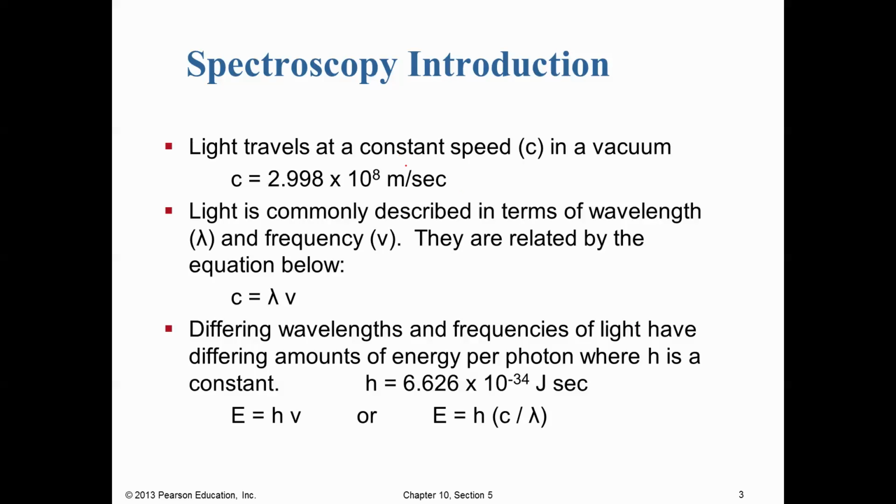So let's give some quick background about light. So light travels at constant speed. People use the letter c to represent this speed. It's right around 3 times 10 to the 8th meters per second, but there we have it listed to 4 sig figs. Pretty fast. Alright, and so light is generally described in terms of both wavelength, which we use lambda to abbreviate,